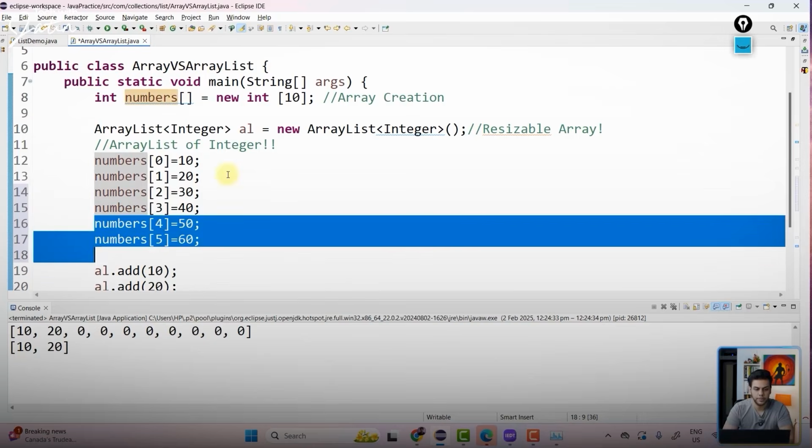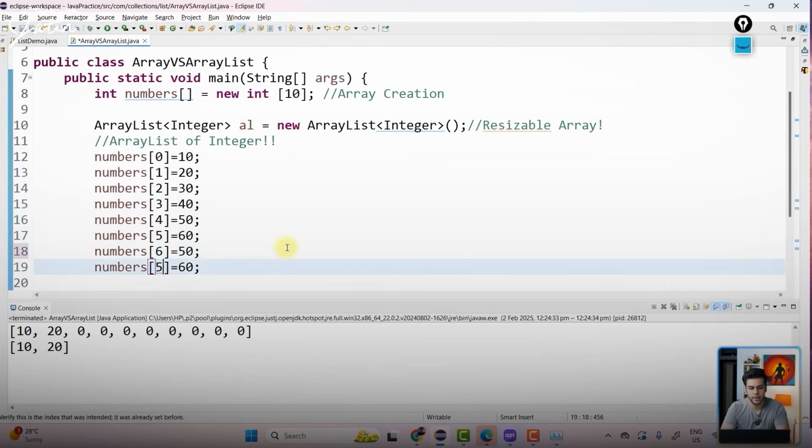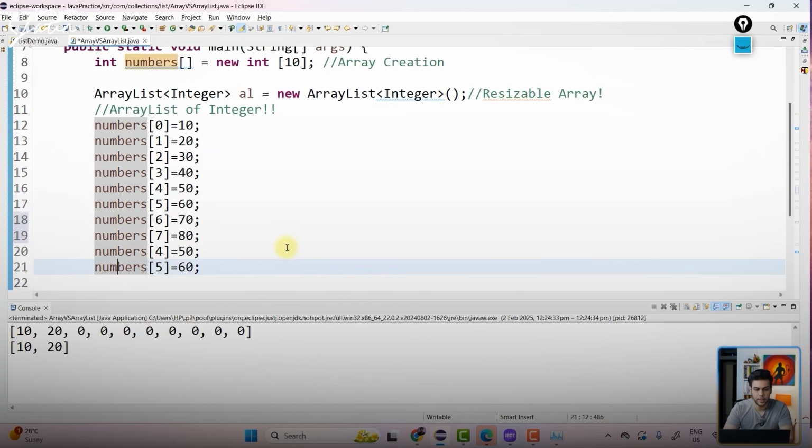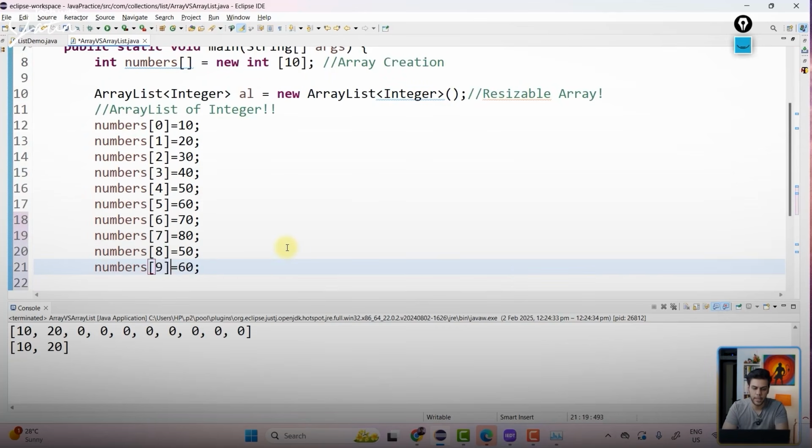Copy this. Paste it over here. Let's put over here as 6. This as 7. This is going to be 70. This is going to be 80. And let's complete this also. 8, 9. This is going to be 90. This is going to be 100.